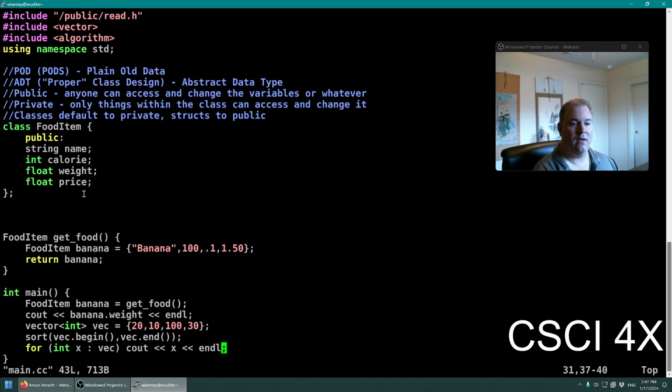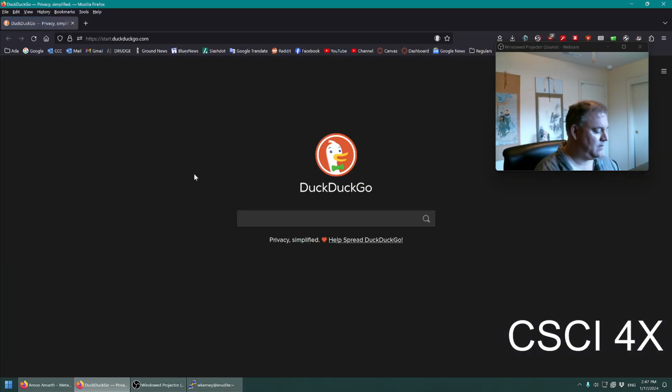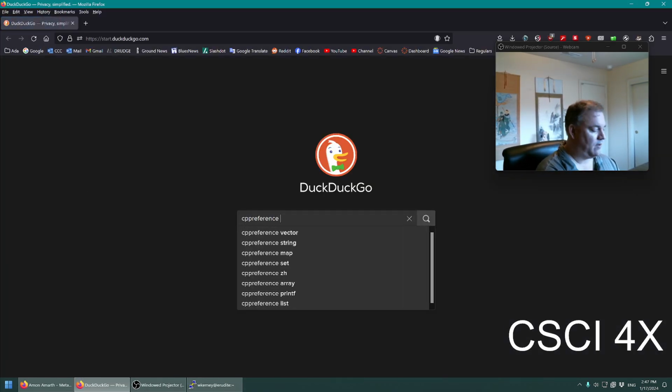Now, which sorting algorithm is sort using? Is it using quicksort, heap sort, merge sort, selection sort, bubble sort? Which one is it using? Anyone know? Anyone care? I kind of care. Not really. And the reason why I don't really care is because if you look at the documentation, the cppreference for sort,